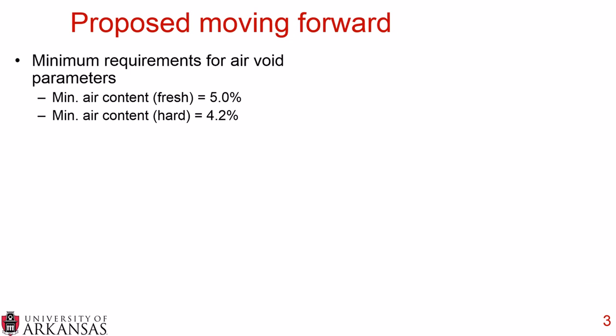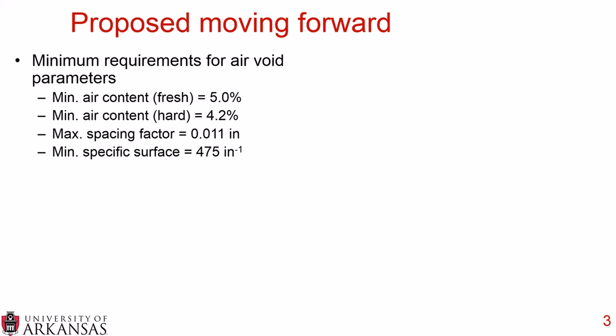So moving forward, the research team proposed minimum requirements for air void parameters. The minimum air content for fresh concrete was 5%. The minimum air content for hardened concrete was 4.2%. The minimum spacing factor of the air voids was 0.011 inches, and the minimum specific surface of the air voids